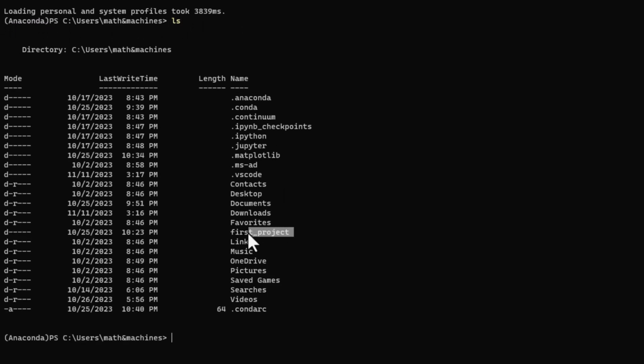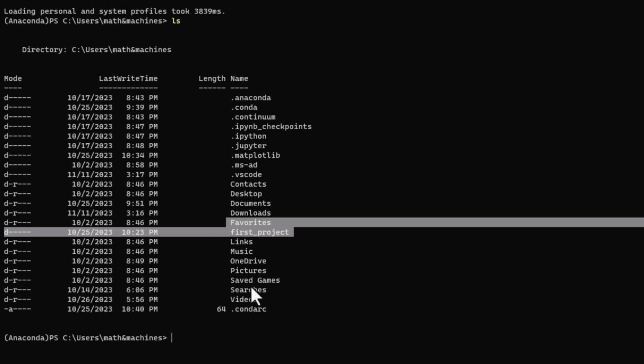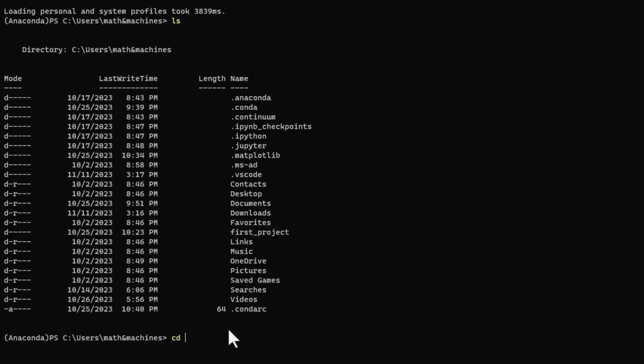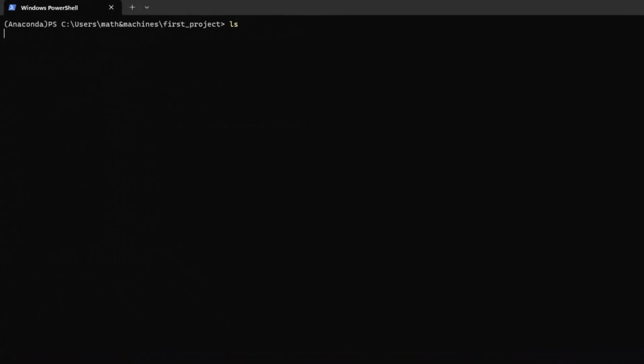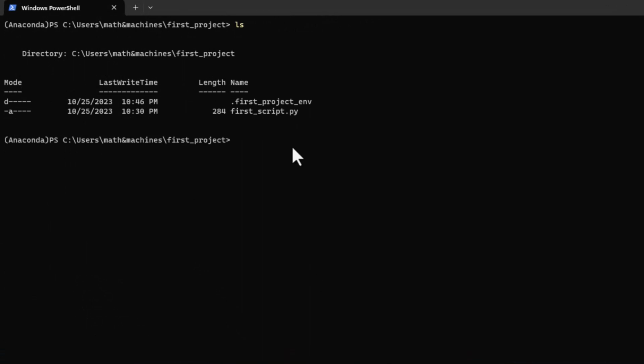Okay, first project, right? So this was the simple Python script we created under this folder. So let us navigate there. We'll change directory into our first project. Clear. Right, and this is where we have our script. And we also created another virtual environment directly under our root project. So let us do some sanity check. We can just execute